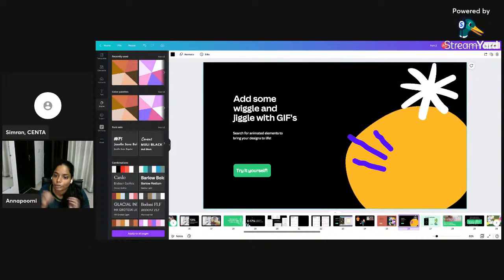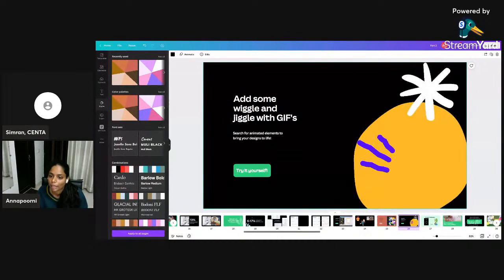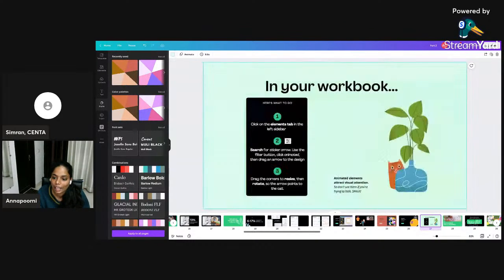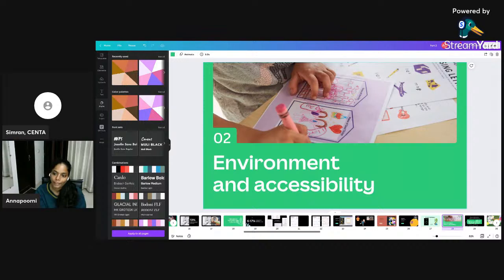If you want someone to keep looking at that part of the worksheet or that part of the PPT, you can add GIFs and jiggles as well, and that would also make it fun. This is a small activity that I have. I will share this with the team, and then you can see how you would want to move things around and how you can make it more engaging. And definitely try these simple tricks out in your design challenge so that your design is powerful, exciting, and definitely wins one of these exciting awards that we have for the design challenge this time.